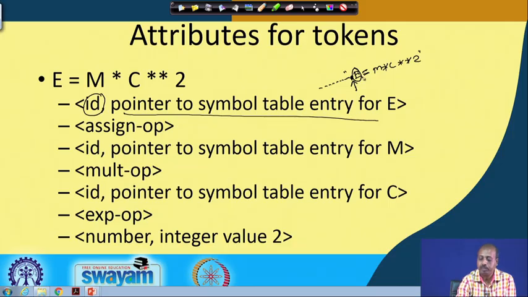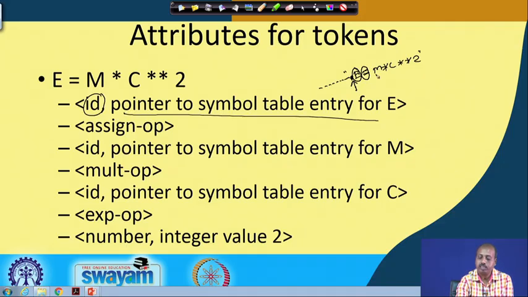Next time the parser asks the lexical analyzer to return the next token, it will find the equality as the next token, and the corresponding token name is assign op. So it returns the token assign op. We do not need any other attribute for this particular token, so no attribute is mentioned.